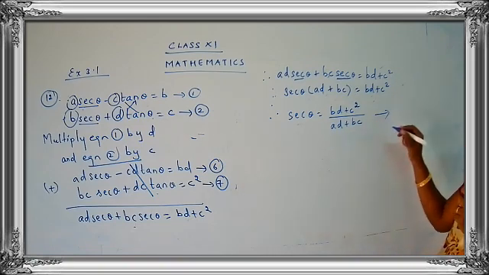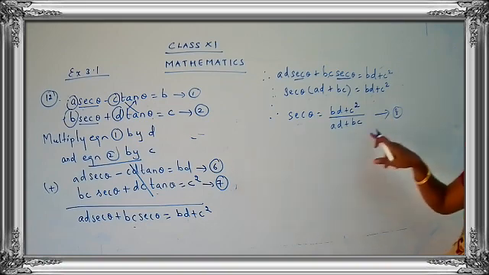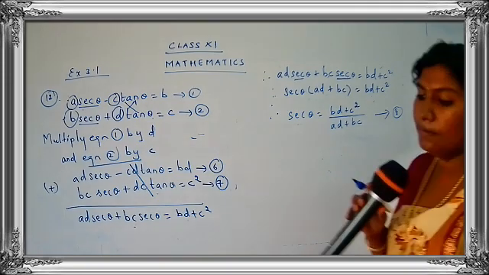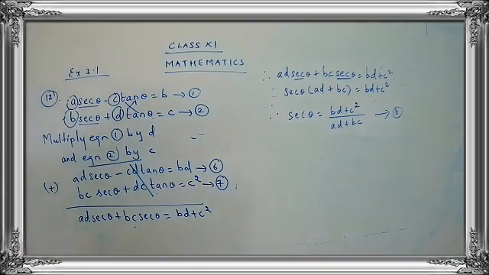So you can take this as number 8. We have taken till 6 and 7. Yes, children? So you can take the value for sec theta as BD plus C square upon AD plus BC. Write down the steps, children. So we have found the value for tan theta and also the value for sec theta. Now, the thing is we have to eliminate theta.